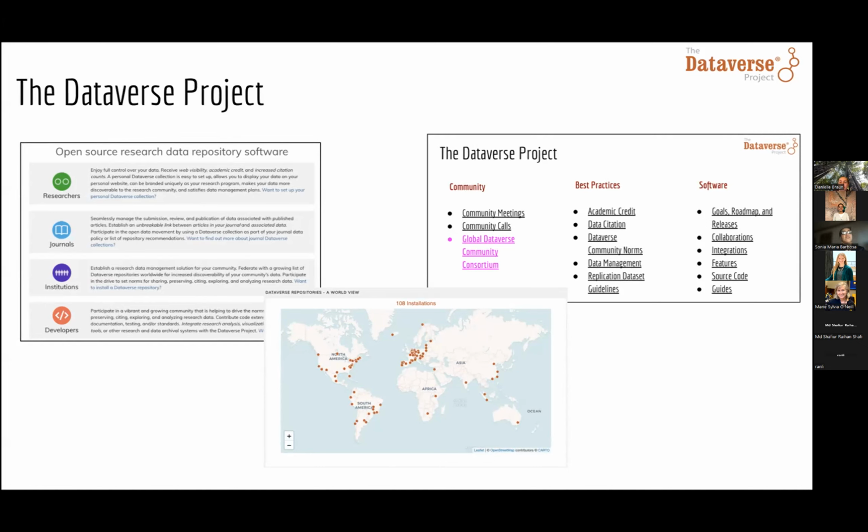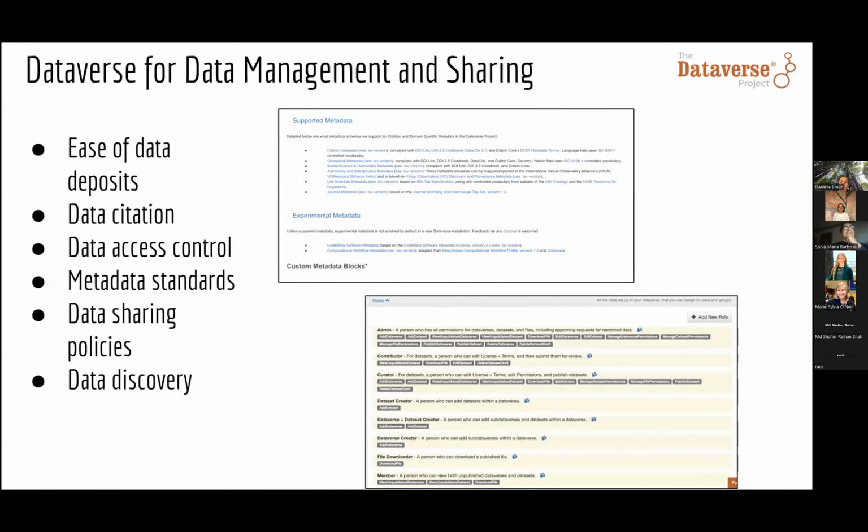Sharing in this Dataverse repository aims to ensure that the data are high quality, properly documented, organized, and accessible. So the Dataverse software supports comprehensive data sharing. It promotes research data transparency and reproducibility. Easy data deposit by supporting multiple data formats, standardized data deposits, standardized data citation. So you're going to get a DOI that allows researchers to cite and track the use of your data. There are data access controls for restrictions, embargoes, controlled workflows, metadata standards, including Dublin Core, DataCite, and the Dataverse metadata schema to ensure consistency